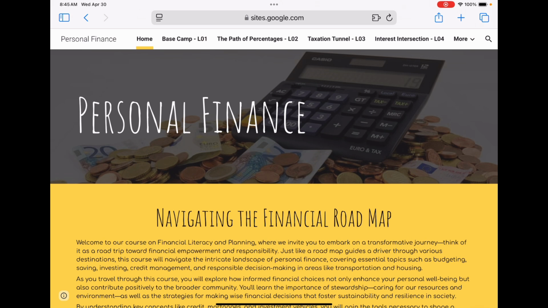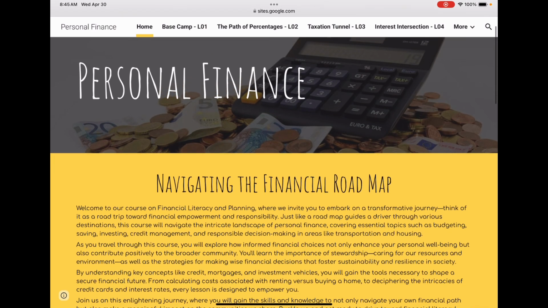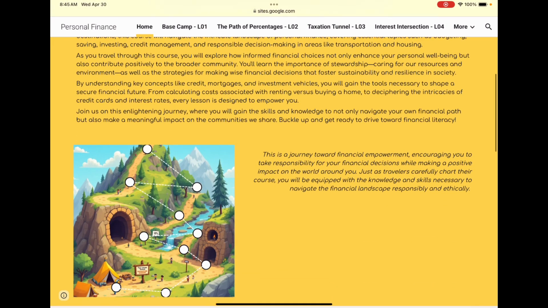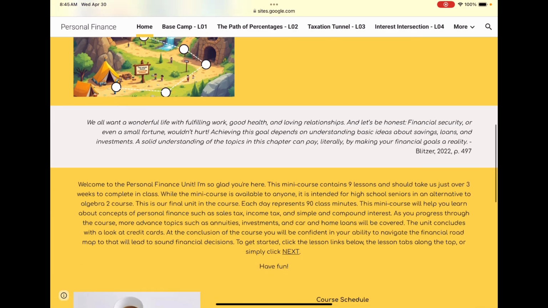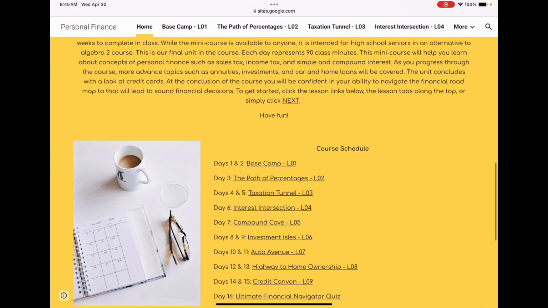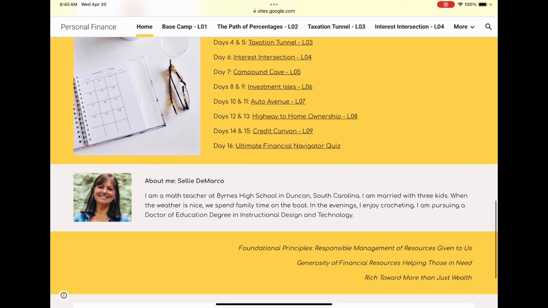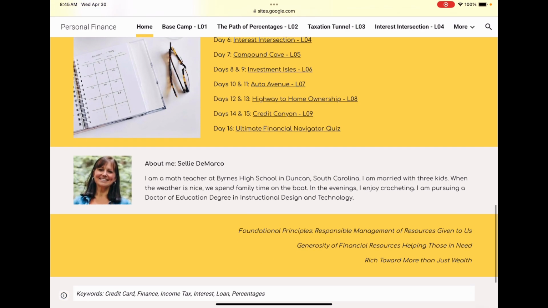On this particular page, I would like to point out the course components and the instructor introduction. Also notice the course schedule, those links along the top, that there are 9 lesson pages. This is our course introduction. Here's an intro to the students, and a course schedule where you can click the links to the lessons, or again, use the links across the top.